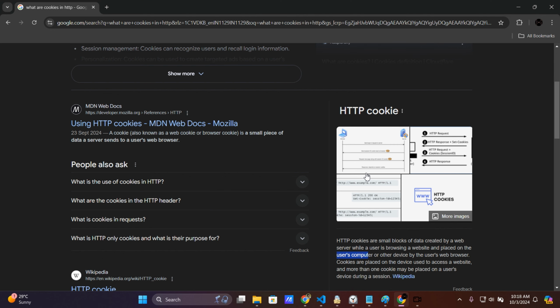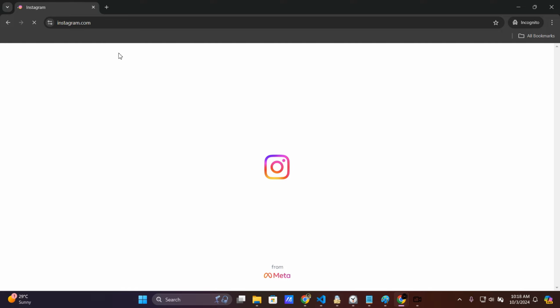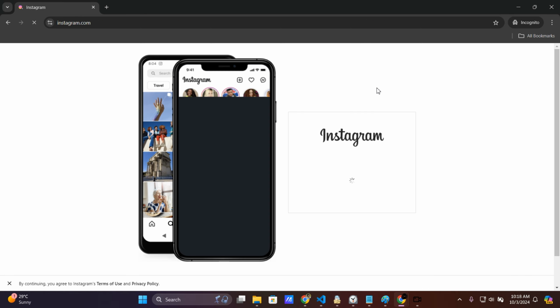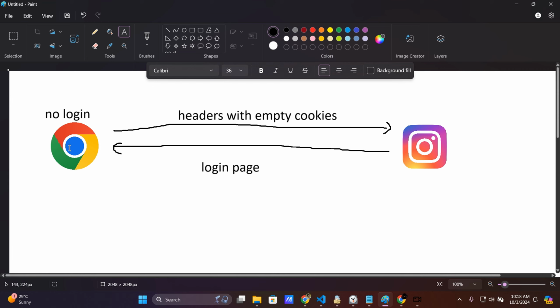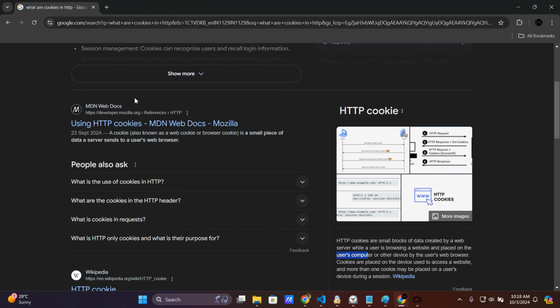As we would see if we make a GET request through an incognito tab where we are not logged in, obviously, we are greeted with a login page. But what happens if we make a request or go to Instagram.com through a logged in browser? Then our cookies are shared in the headers. So as I can demonstrate it here, we can